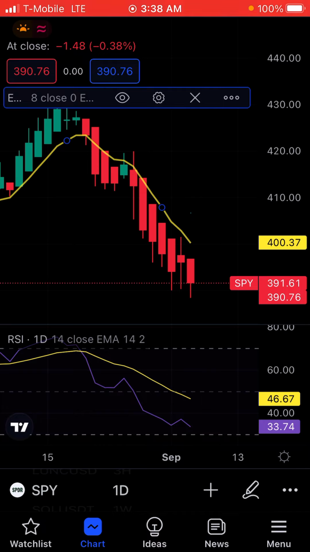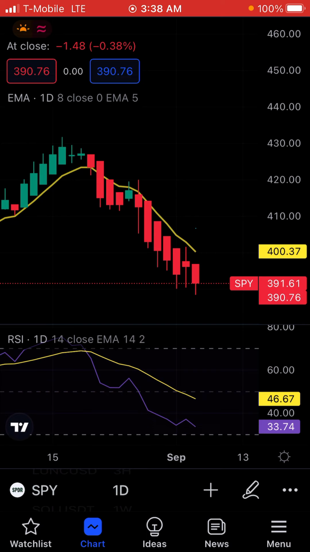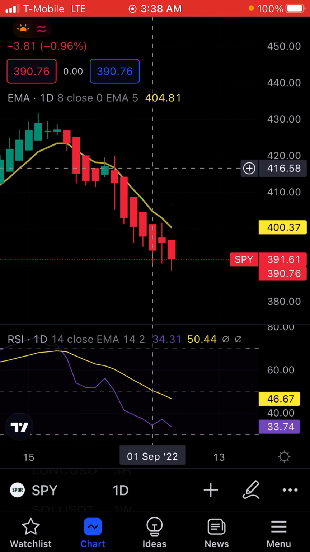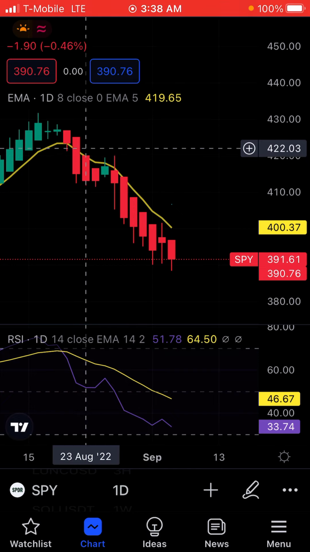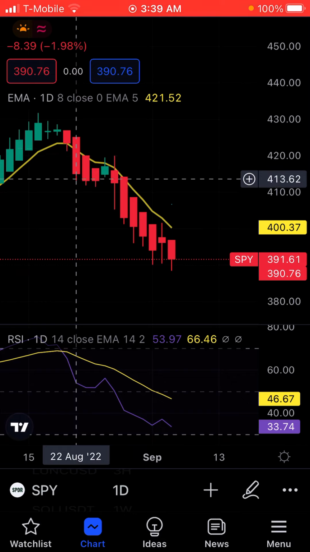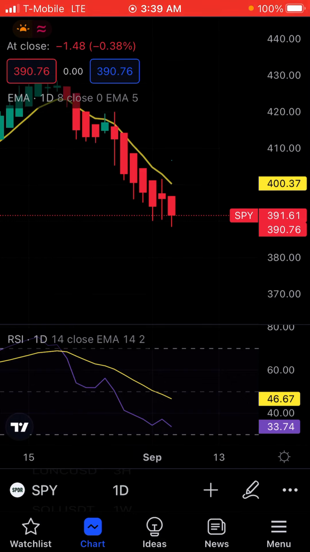But I also have the RSI on here because you can't just do it with just the 8 EMA. You got to have some kind of knowing of where the strength is. And once you do get in, now part of the strategy that I do, I only trade in the day. So you can see there's a red candle pushing down, and ever since then, the market's been going down.